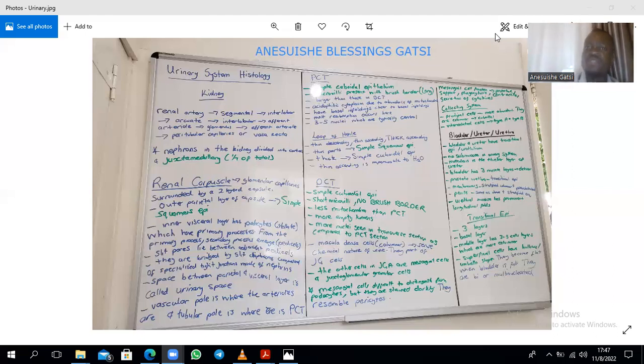Then most of the reabsorption occurs within the PCT that you must have mentioned in your renal physiology. The ions, the sodium, the potassium, the glucose, and everything, right? And if you look at the cells, they have basal infoldings, that is in the PCT as well as in the DCT. And with the PCT, the cells appear highly acidophilic. Why? Because there's an abundance of